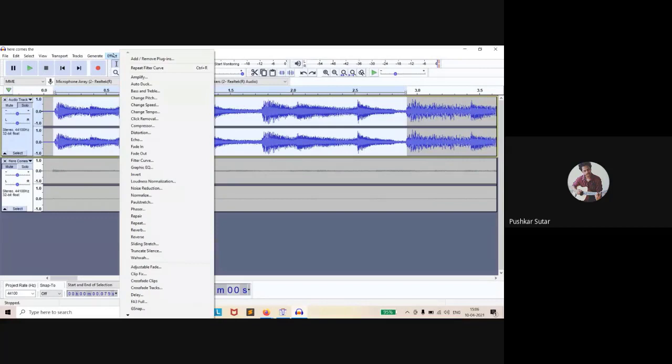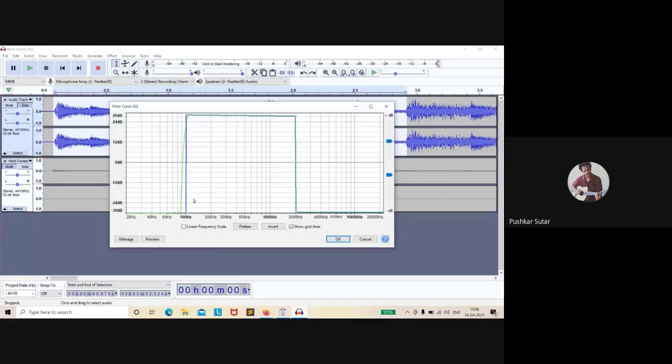By the time, I'll just do the last one, the band reject filter. It will be just the opposite of this. We will boost everything above a certain point, like this. It gets very tiresome without a proper computer mouse, so just bear with me. And I'll cut everything in the middle.